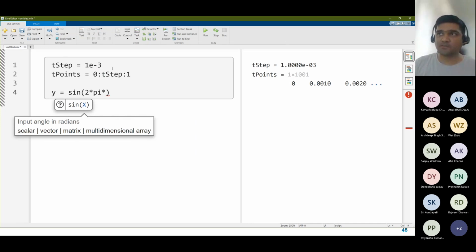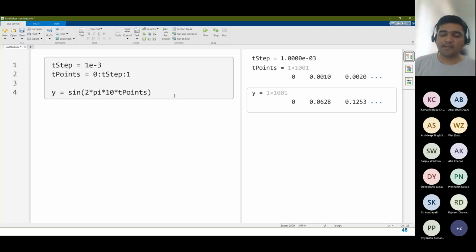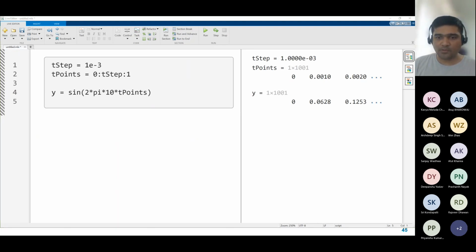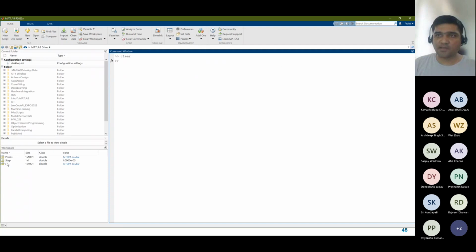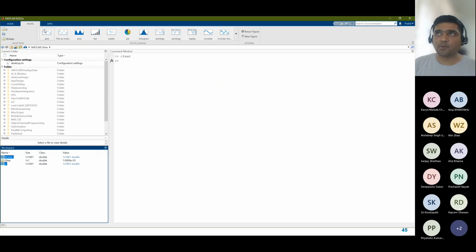Let me take a frequency which is similar to this. Let me just take a frequency as, say, 10, easier for visualization, and I'll just do it in 3 points. So if I go ahead, this gives me y, and I can go ahead and plot this, right? One way to plot that we saw that day was to simply go into MATLAB, select the two variables, y and time points, go to the plots tab and plot this,